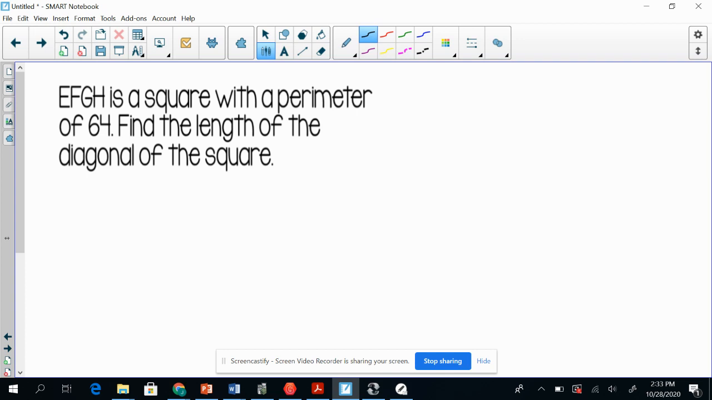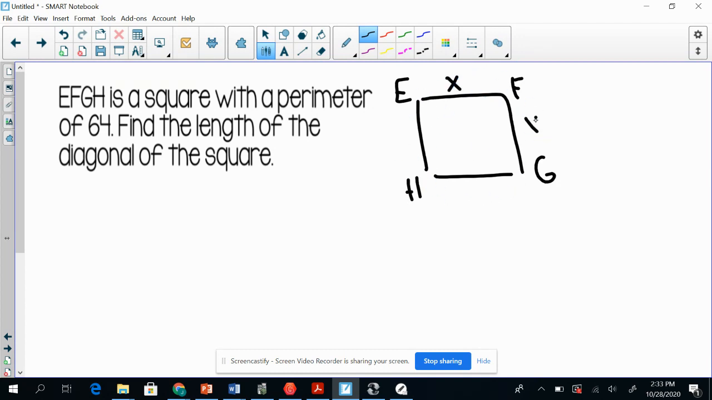Okay, so this one's a little different, but again, it says square. So let's draw a square with the perimeter, which means the distance all the way around. E, F, G, H. For it to be a square, remember, this is the same as this, this, and this. And the perimeter is 64. Find the length of the diagonal